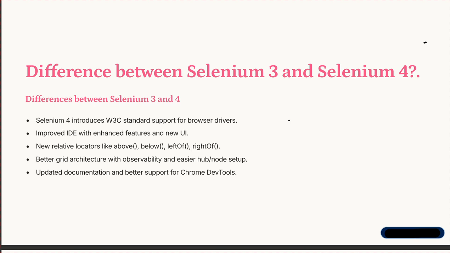But in Selenium 4, it is used for the communication. It uses the W3C WebDriver protocol for the communication, which makes it stable and faster. So when we talk about the browser driver communication, in Selenium 3 WebDriver sends a request to